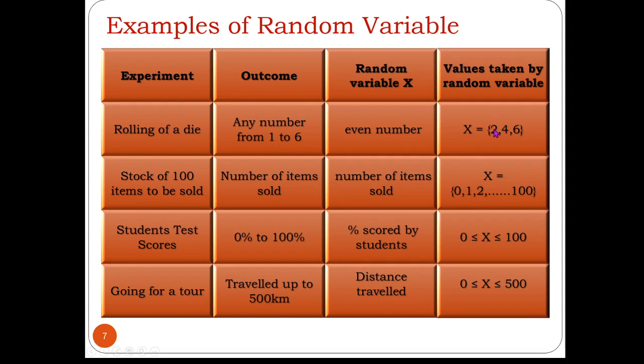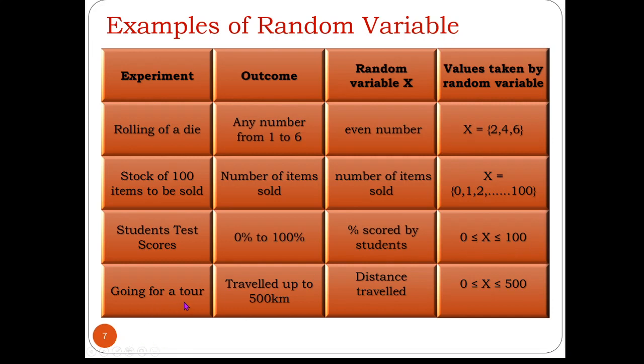that's why x is a discrete random variable in the first two cases, whereas for student test scores, the outcome of this experiment is 0% to 100%, and the random variable x is the percent score by the student. So the random variable can take any value in the range 0 to 100. Some students may score 76.5 marks or 86.3, or some may score 90.2 marks. So it lies between the range. It doesn't take integer values.